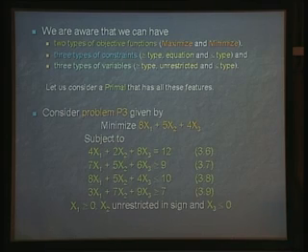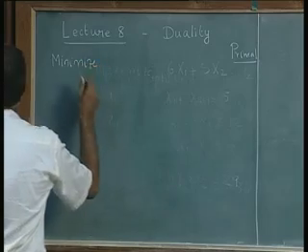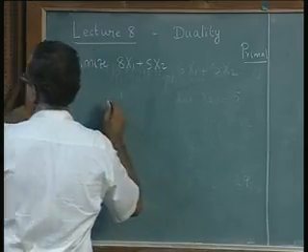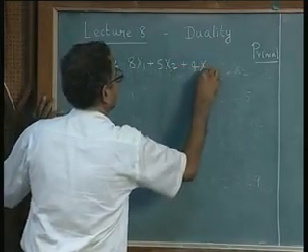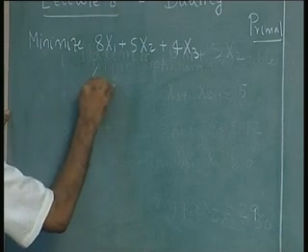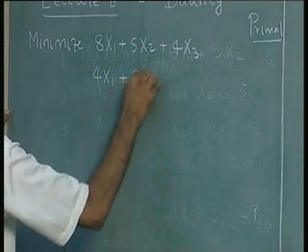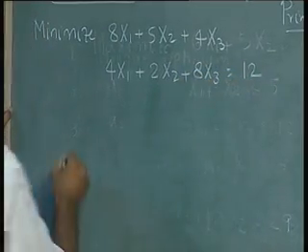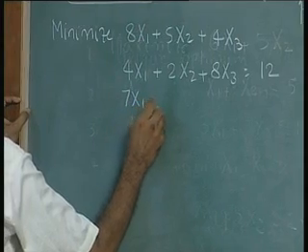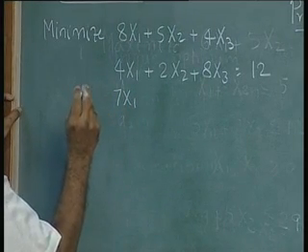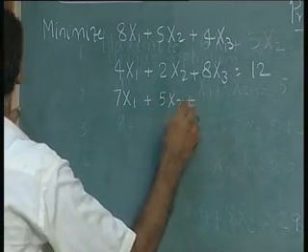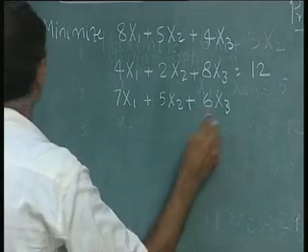The problem that we take is: minimize 8x1 plus 5x2 plus 4x3, subject to 4x1 plus 2x2 plus 8x3 equal to 12, 7x1 plus 5x2 plus 6x3 greater than or equal to 9,